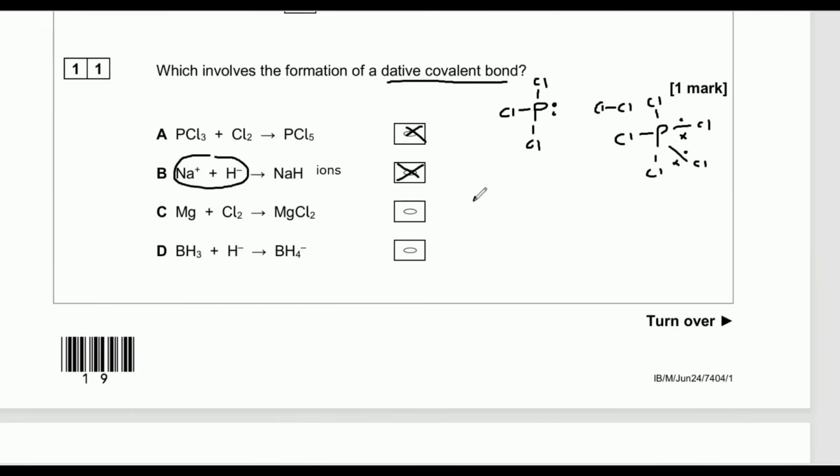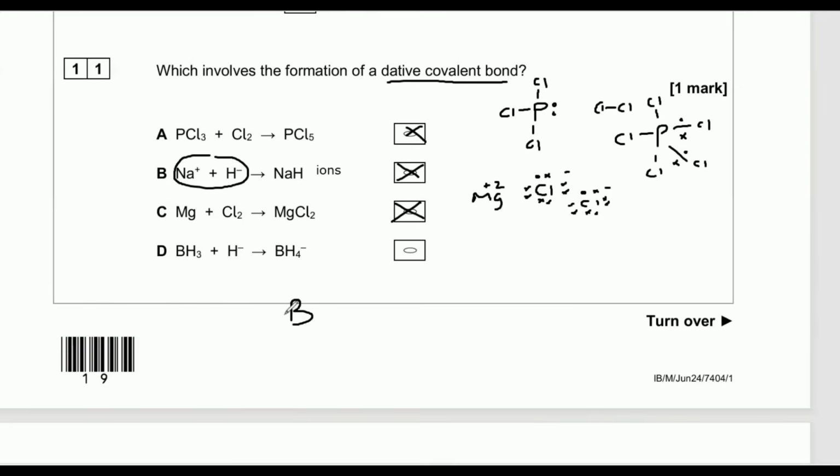Again, we've got some more ionic bonding going on here, but you can still have dative covalent bonding. But let's check it out. I've got my chlorine atoms, part of the chlorine molecule, and they're going to both take an electron from the outer shell of the magnesium and end up as 2 negative chloride ions. And the magnesium, of course, can end up a +2 metal ion. But let's try out this